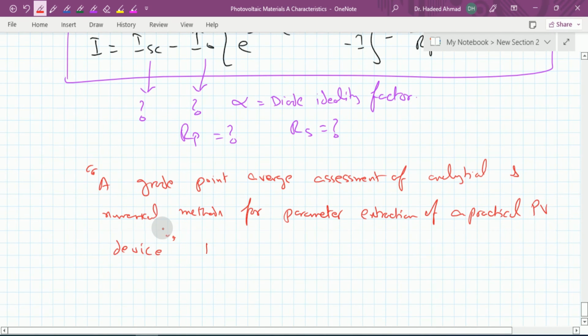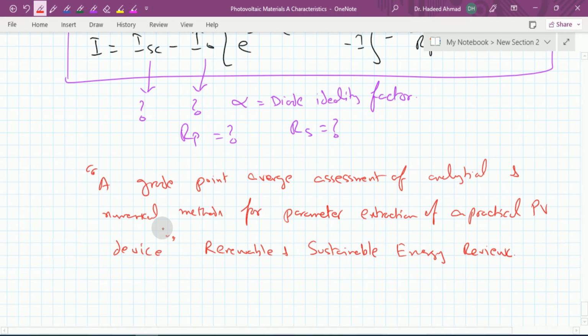And this paper is published in Renewable and Sustainable Energy Reviews. Now, this work was done by a graduate student, and here we presented and analyzed different methods which